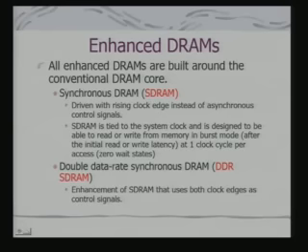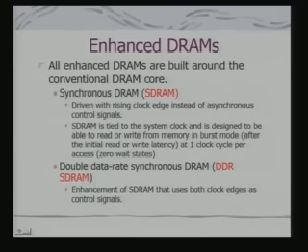Now, variations of these to speed up the DRAM access have been suggested, which is synchronous DRAM or SDRAM. In fact, in many of the PCs today, when you buy memories, you buy SDRAM. The DRAM control signal is based on the rising clock edge instead of asynchronous control signals, that is RAS and CAS. So, SDRAM is tied to the system clock or the bus clock and designed to be able to read or write from memory in burst mode after the initial read or write latency, at one clock cycle per access.